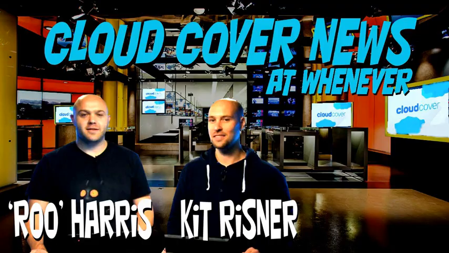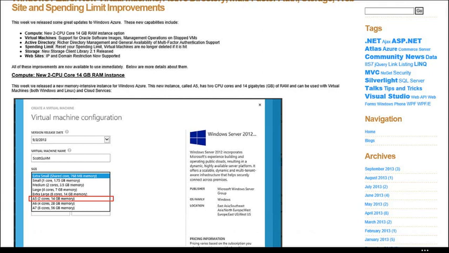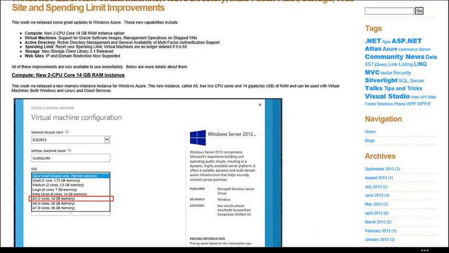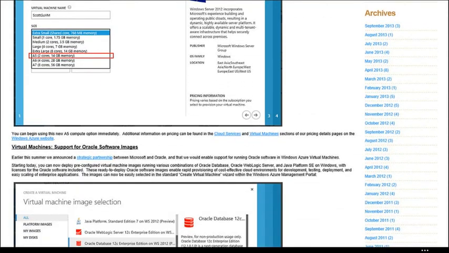Let's do the news. So we've got a couple of news items today. The first is the announcement of a new instance for virtual machines and cloud services. It's a memory-intensive instance, so it has 2 CPU cores and then 14 gigabytes of RAM. So it was the elusive missing one, because up until now there was extra large, then it went A6, A7, and I think if you counted them, you could tell that there's A5 missing. So now A5 is in place,